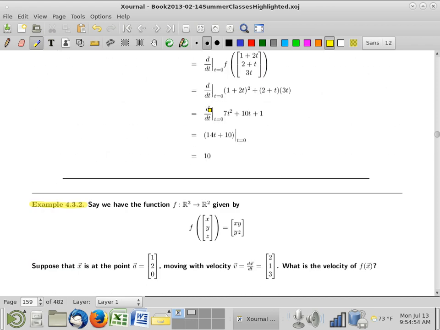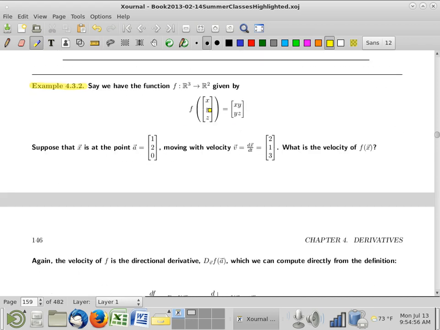Okay, let's see another example. Now this one's a little different. Notice here, not a real valued function. This is a function whose values are vectors. So when we compute the directional derivative, and this is going to be the punchline on this question, when we compute it, keep in mind, I'm not going to be getting a rate. I'm not going to be getting just